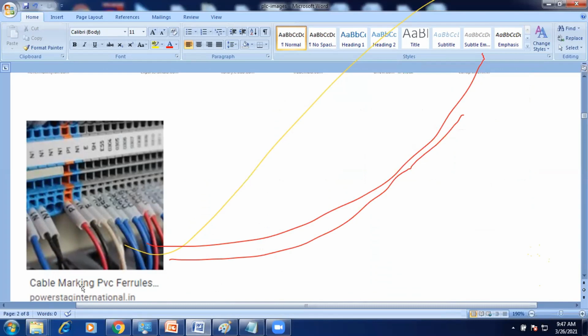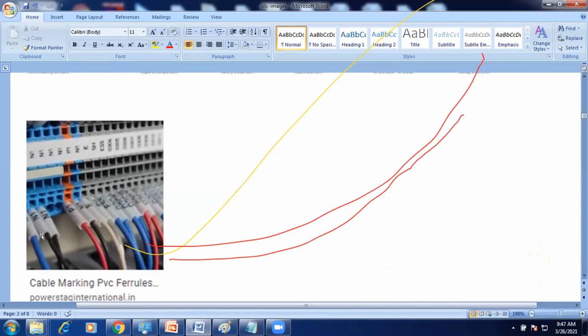Just consider a wire connected at two ends. We only know the starting part here. In industry we don't know where the other end is connected, since it goes through the cable tray.